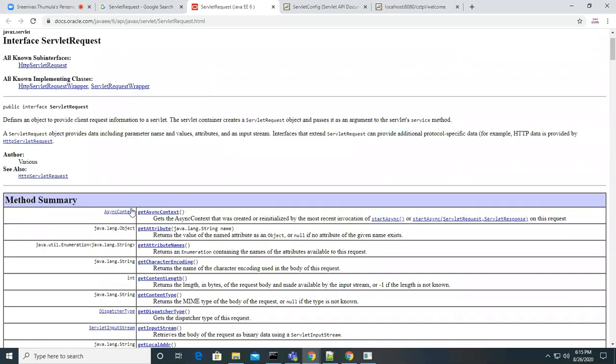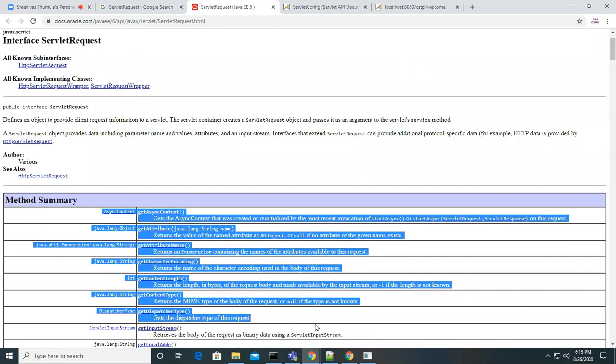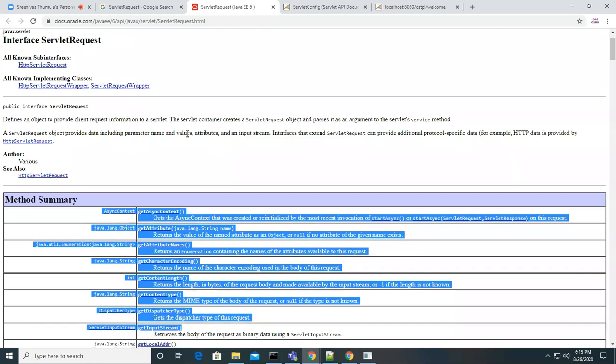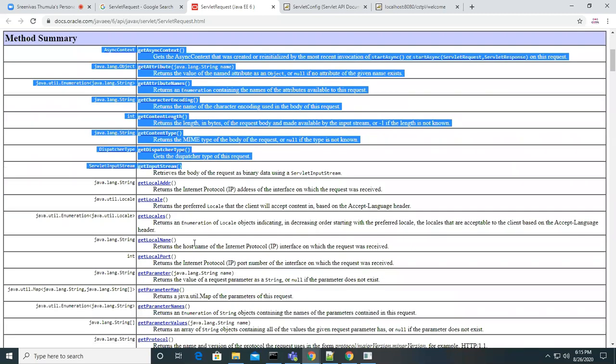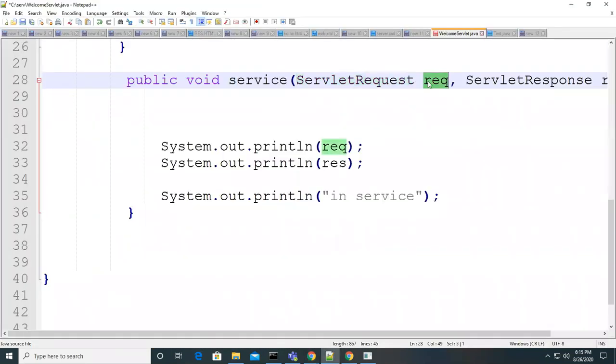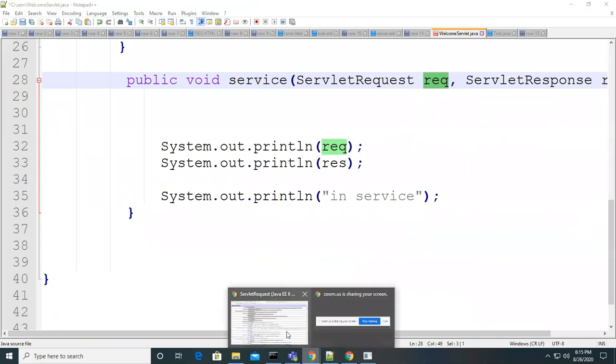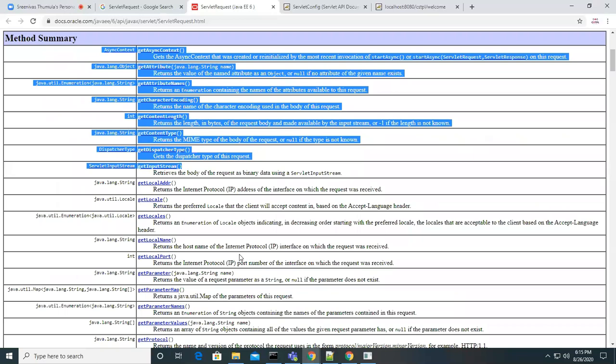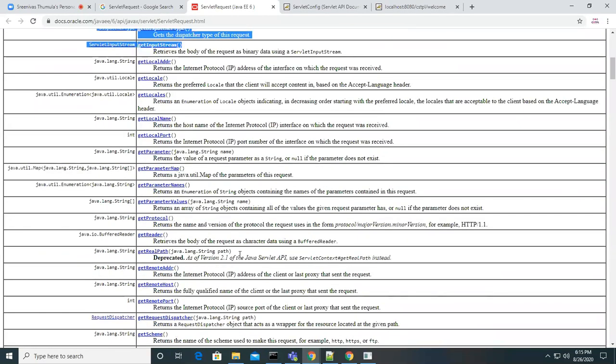The use of these methods is to access the information from the request object. Whatever information we got from the client, the browser, is placed in the request object. The server creates the request object and places all the data in it, and you can access that data by all these methods.